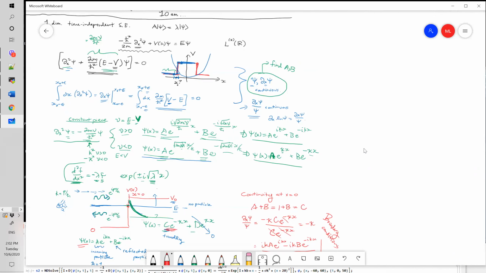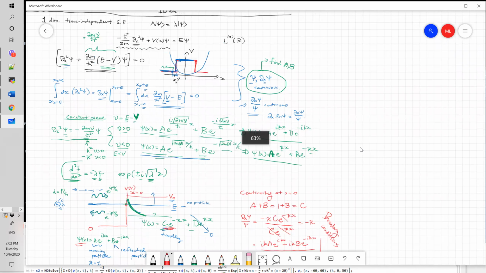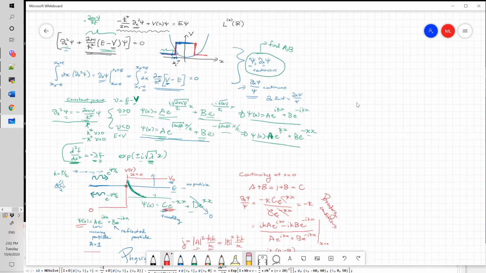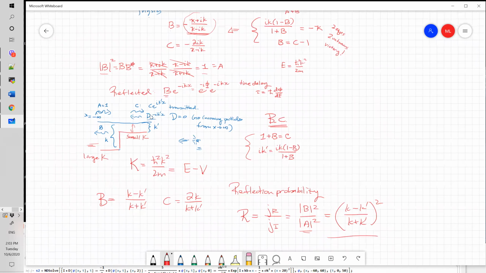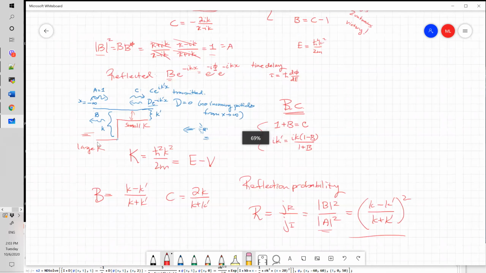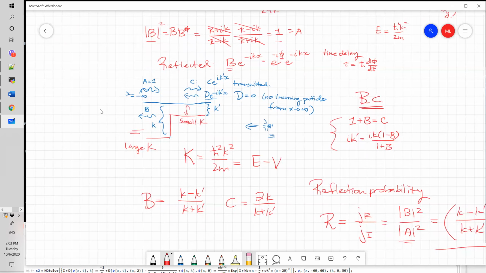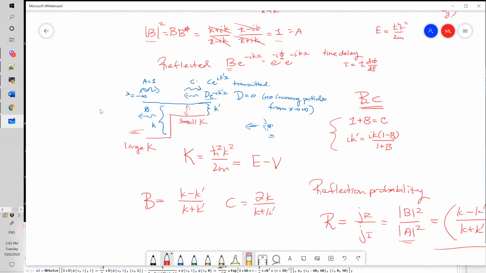Can you summarize the physics in that picture? The second one, when E is larger than V naught. This one. Yeah. What's happening here? Can you just summarize the whole thing? Yeah, so